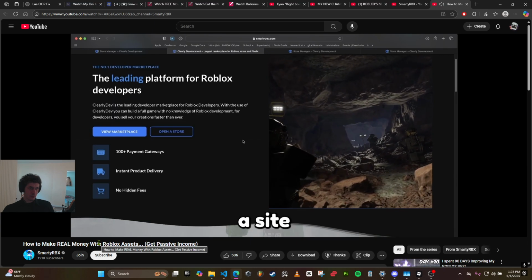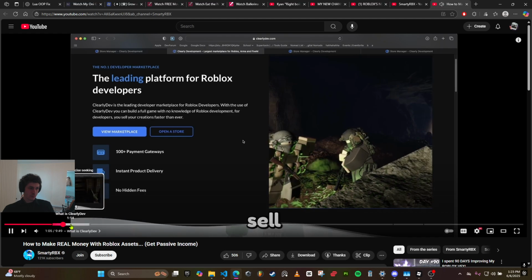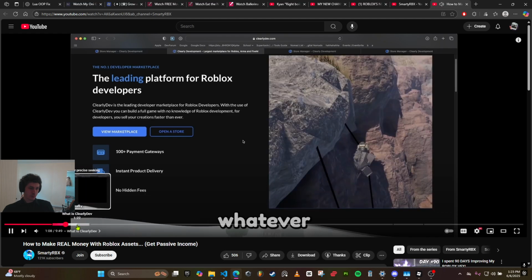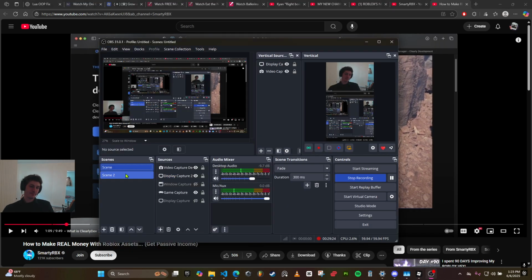Clearly Dev is a site where you can sell your assets, you can sell models, you can sell scripts, you can sell VFX, you can sell games, you can sell whatever you make on Roblox. And you can earn real money real fast from Clearly Dev. So, feeling excited? You should be. Setting up on Clearly Dev is really easy and really fast. With a few clicks, you'll be ready to open your shop and